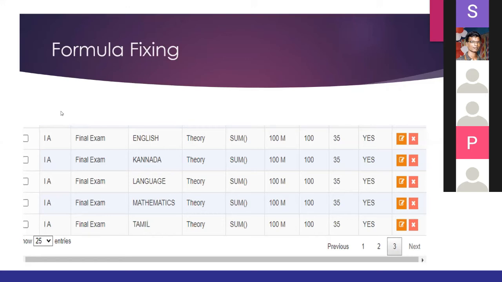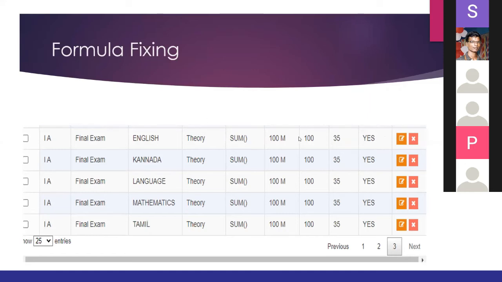Here I mentioned the English subject having 100 as maximum mark and pass mark 35. Yes means this particular mark will be validated for the total calculation or promotion. If you give yes, it will be considered. If you give no, it won't be considered in the total, and at the same time it will not be considered in promotion also.